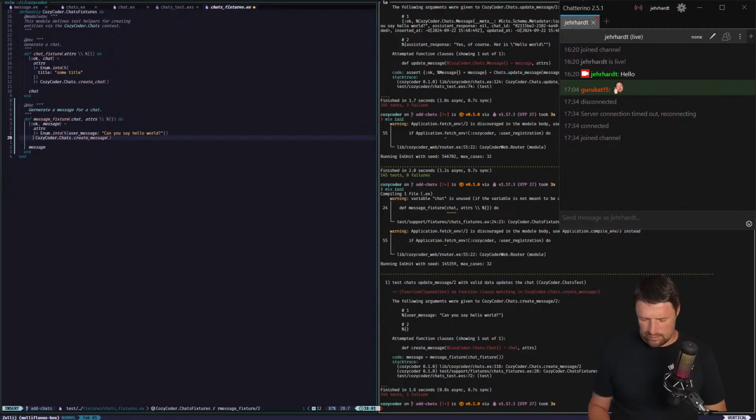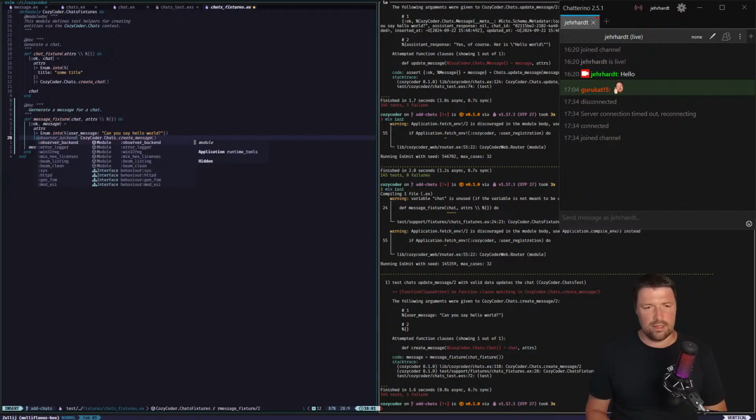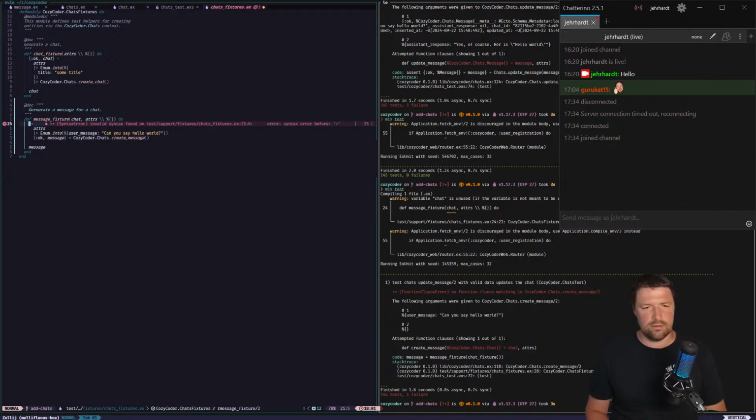So in this case, the OK message is the result of this line here. So this one here is different because it is in the end the